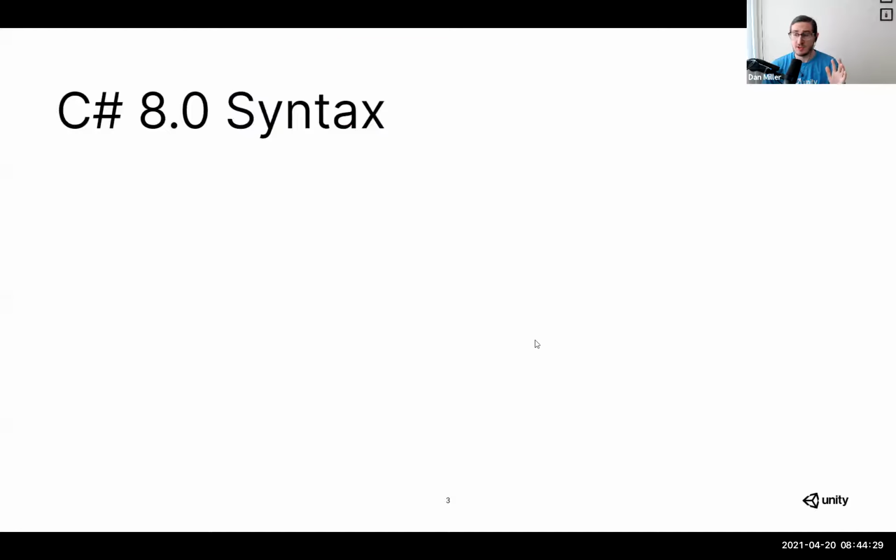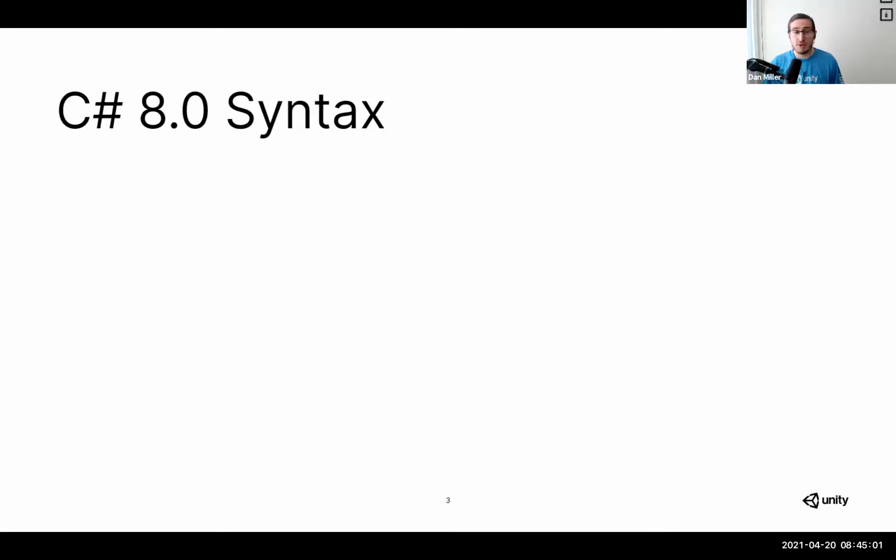So the first thing I want to do is start off with C# 8 syntax. Now, a couple caveats. One, like everything in programming, there's multiple ways to do it. So I'm going to be showing some specific examples for a sample project that I put together. These are in no way the best in every case, but it is a way to think about some of this new syntax. And really what the syntax does is allow you to structure your data and your code in more streamlined or concise ways.